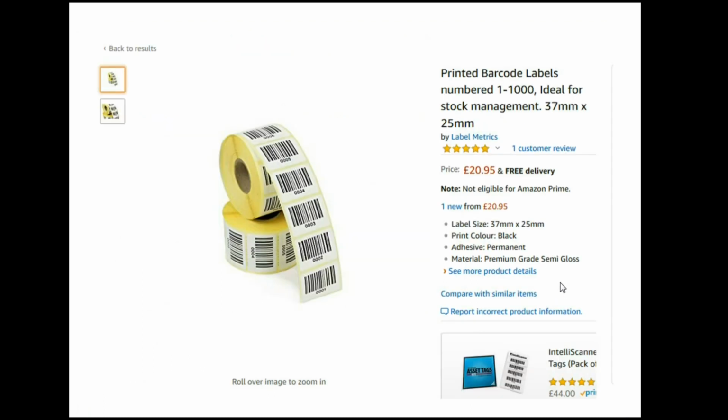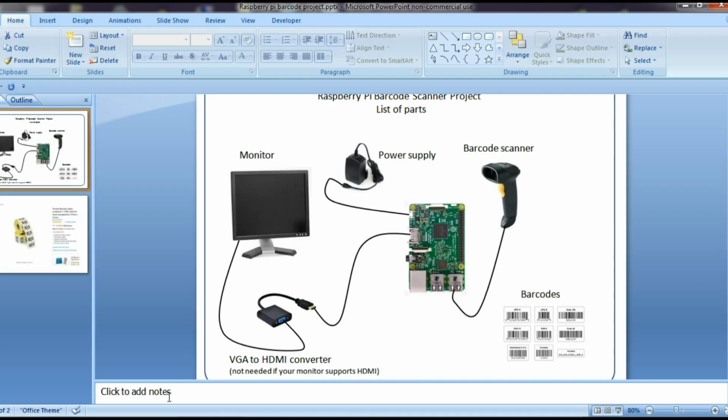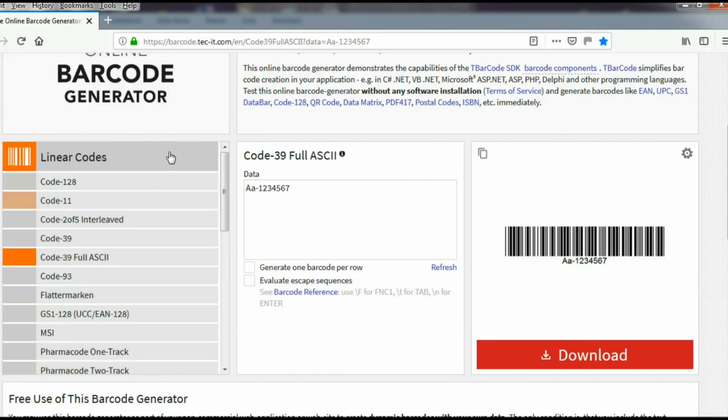Well, as it turns out, Amazon sell barcodes, and they sell them in these little rolls of 1,000 barcodes for say £21. Now, for 1,000 barcodes, £21 I think is a reasonable price, but I don't need anywhere near that number. I'm probably only talking about maybe a dozen barcodes. So for me, it didn't make financial sense to buy 1,000 codes when I'm going to use a fraction of that number. So I had a look around the internet and I found this fantastic website called